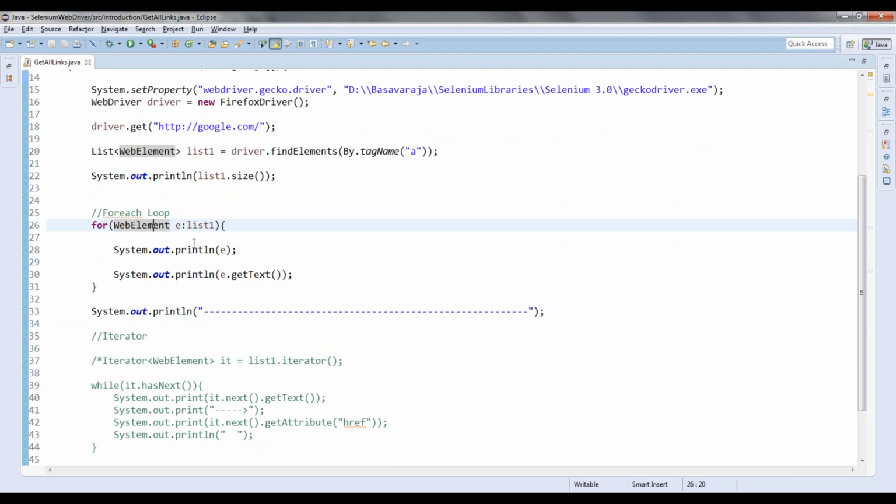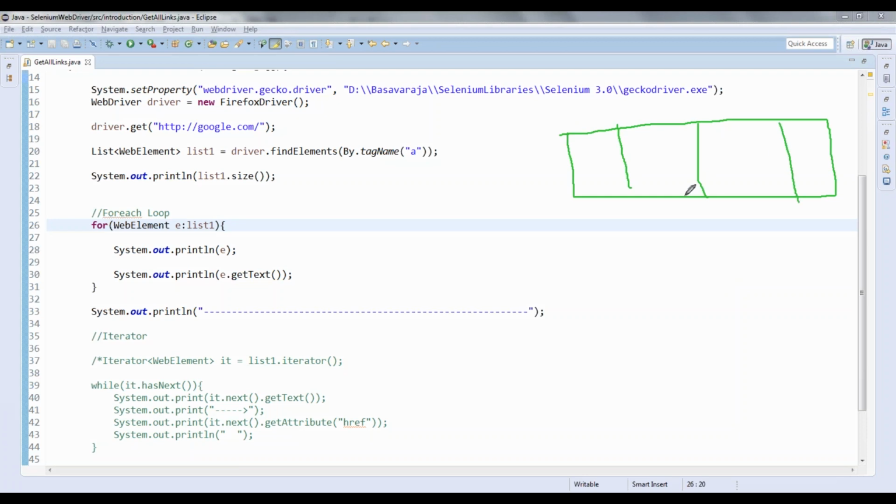That's all I am doing. I am not doing anything else here. I am just getting the list and I am just iterating through each and every element of the list, or you can consider array elements if this is an array. If this is an array list and it has all these elements, I am just iterating through that.